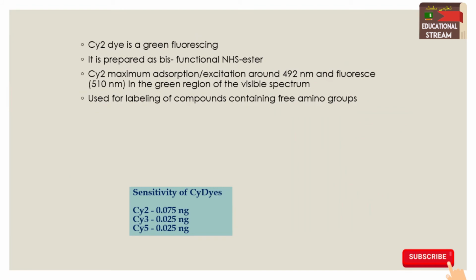We have talked about the Cy3 and Cy5 dye. Now we will see the Cy2 dye. It is a green fluorescing dye. It is prepared as bisfunctional NHS ester. Its maximum absorption and excitation spectra is at 492 nanometer, and it emits at 510 nanometer in the green region of the visible spectra,